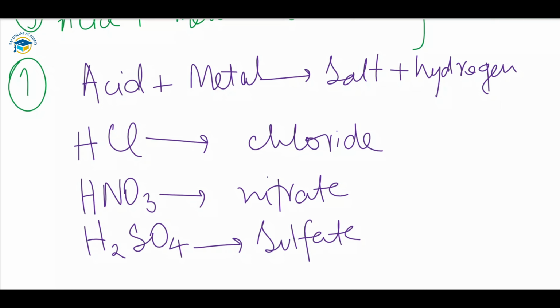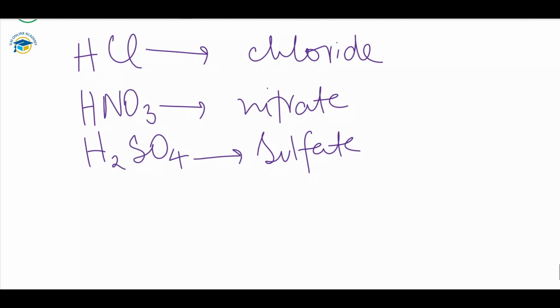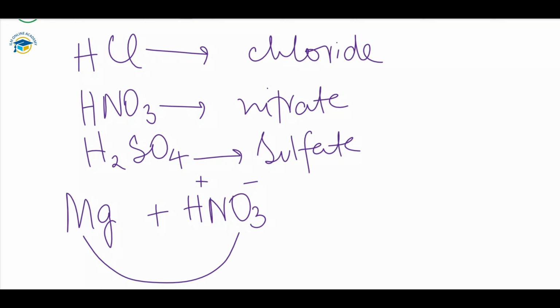This reaction is too violent because of the reactive metal that we are using here. So according to the general equation, we have magnesium metal, which is quite reactive, that reacts with nitric acid, HNO3. So what will happen here? Hydrogen ions will be liberated and we have nitrate ions. So magnesium reacts with the nitrate ions because magnesium has the positive charge. So after the reaction we have the salt, which is magnesium nitrate,